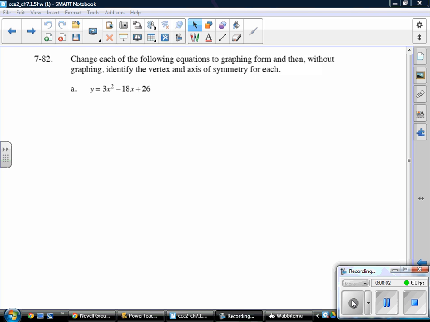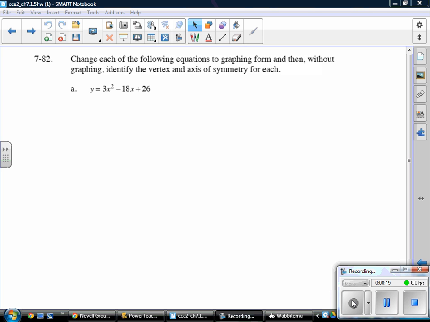This is problem 7-82 from section 7.1.5. Change each of the following equations to graphing form, and then, without graphing, identify the vertex and axis of symmetry for each. So we have in part A an equation in standard form, and we're going to change it